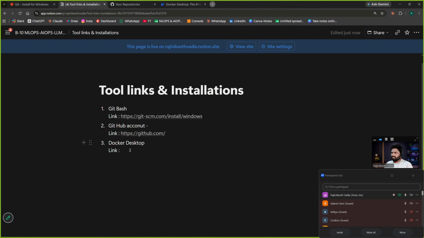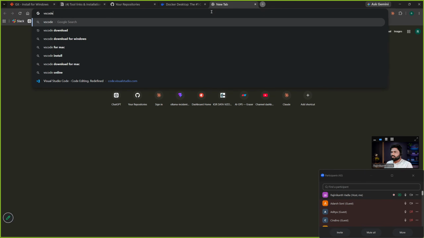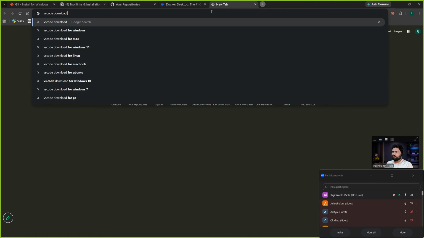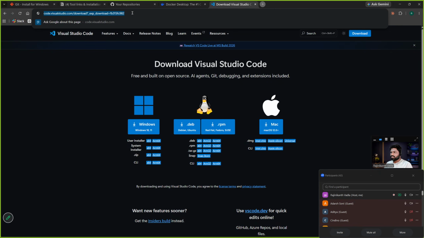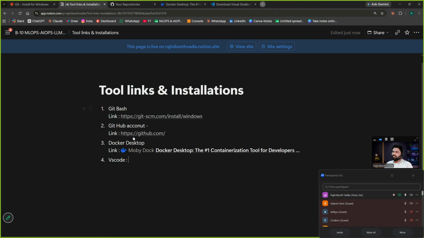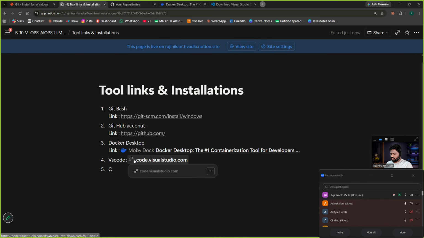This is mandatory. And VS Code. Download VS Code also, because the entire work we are going to do is in VS Code only. And Cursor.